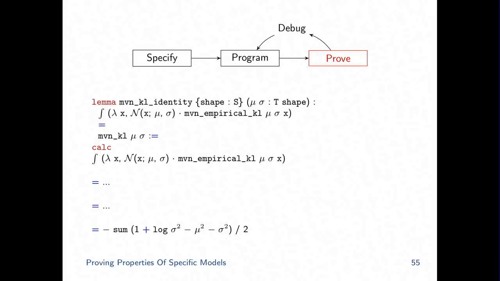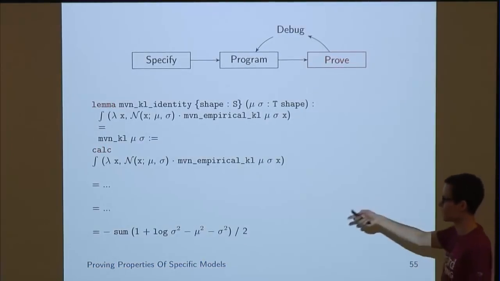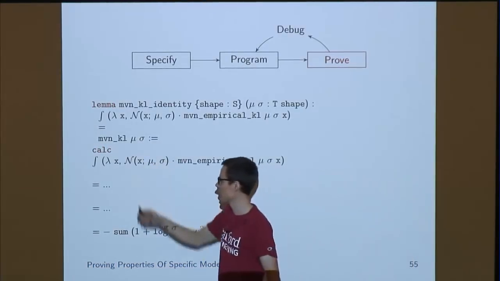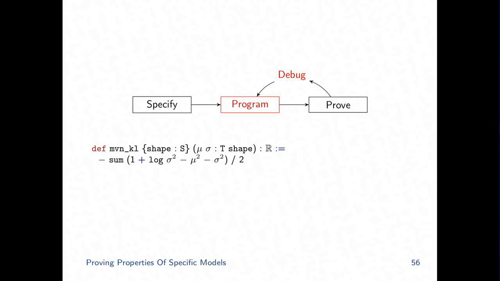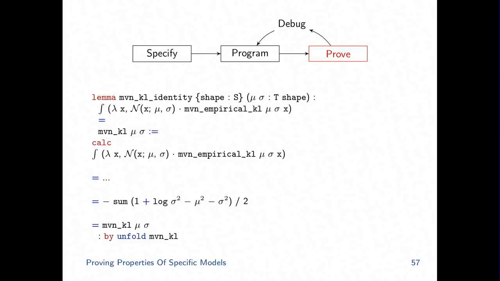And eventually we're going to come up with something in closed form that we can use as the result of the program we're looking for. So this theorem is still not true because this is just a placeholder. But we go back and debug our program and fill in the value we computed. And we start proving again, and this time the proof goes through and we're done.